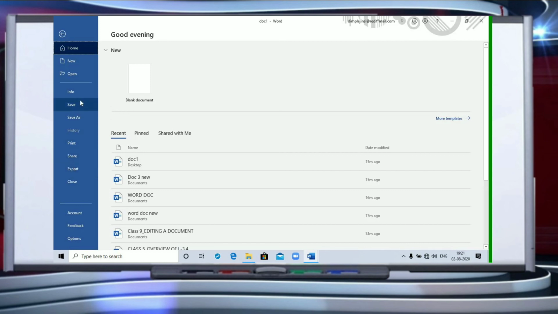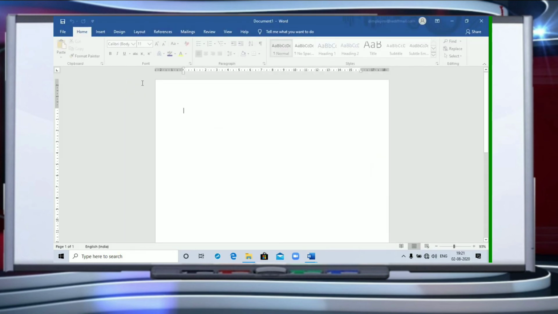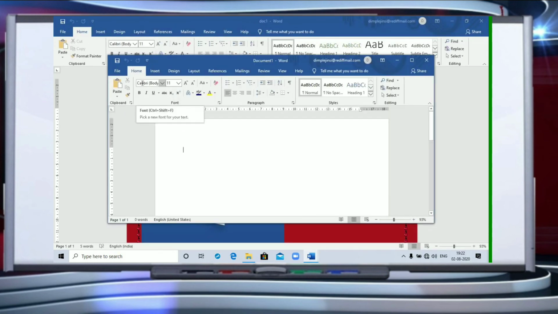These are the options that I have in the File tab. If I have to create a new document, where do I have to go? I have to go to the New option, then to Blank document. Once I click on Blank document, a blank screen will appear.